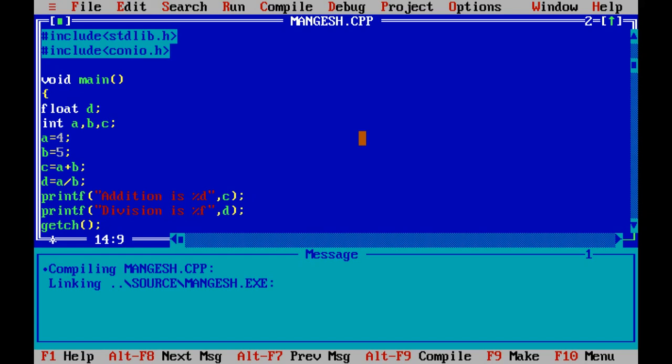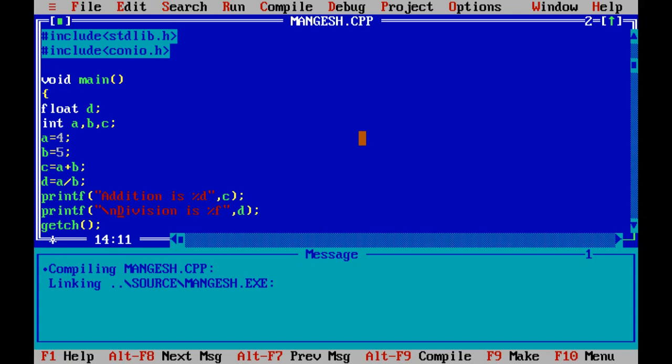If you want to put the second sentence on the next line, then we have to press the forward slash and n. Forward slash and n means this sentence will go on the next line.